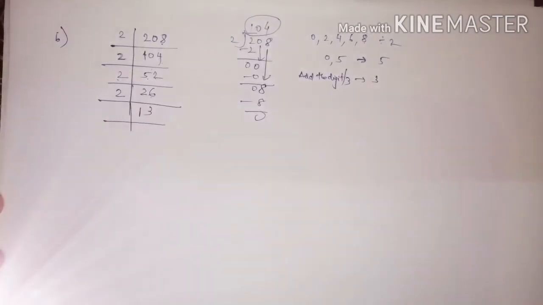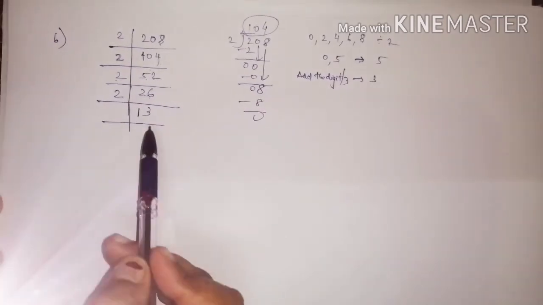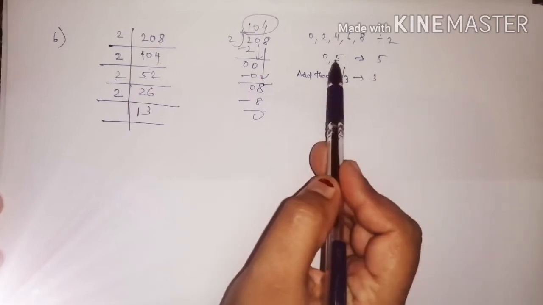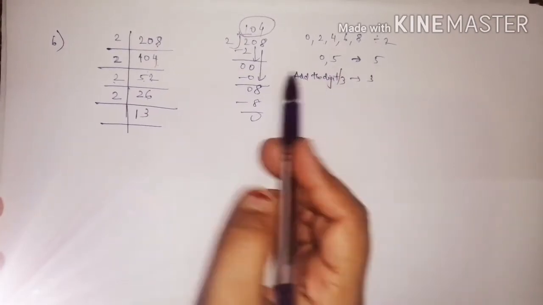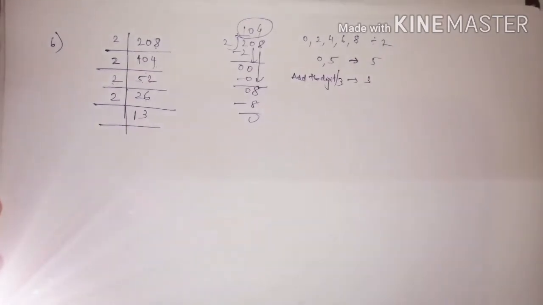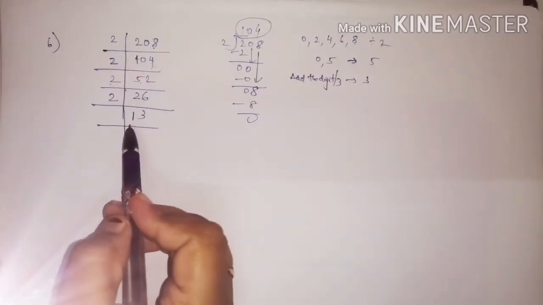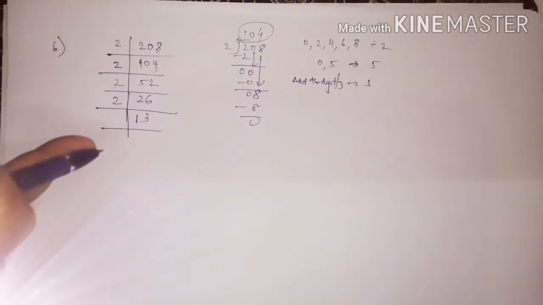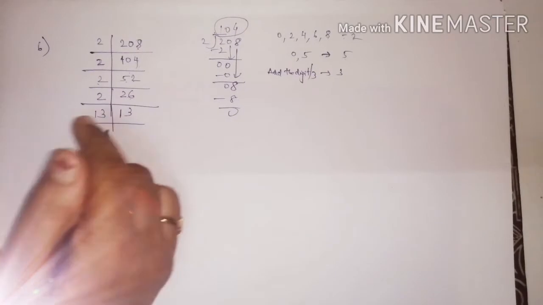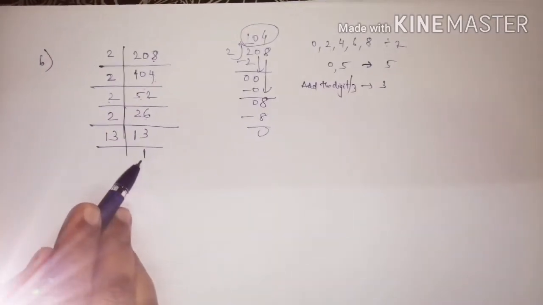Now came 13. Now 13 will come in which table? Units place it is 3. It will not divide by 2. It will not divide by 5 also. For 3 you have to add the digits. 3 plus 1 is 4. 4 doesn't come in table of 3. So 13 is itself a prime number, so no need of searching in any other table, it will come in its table itself only. 13 ones are 13. 1 came here, stop it.